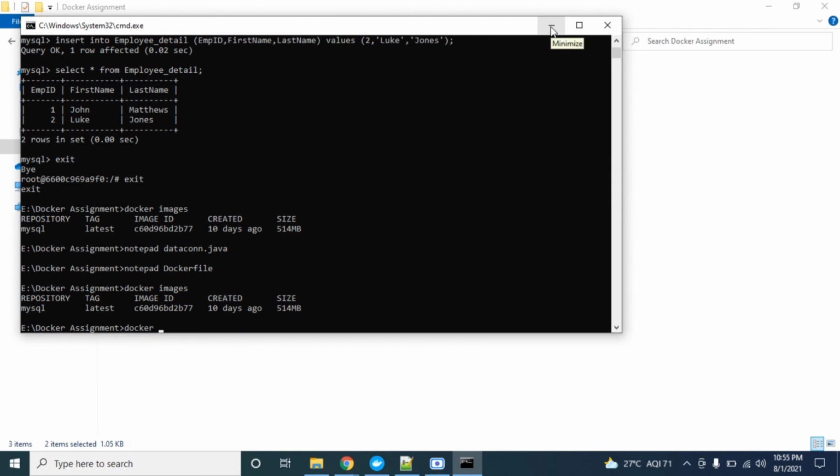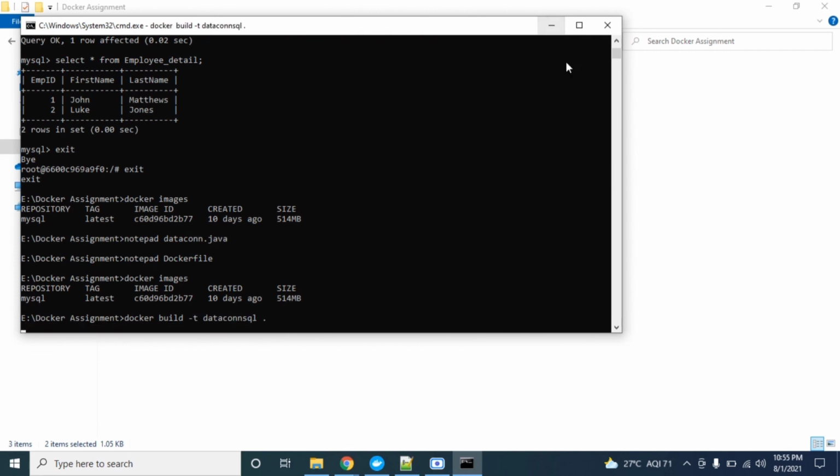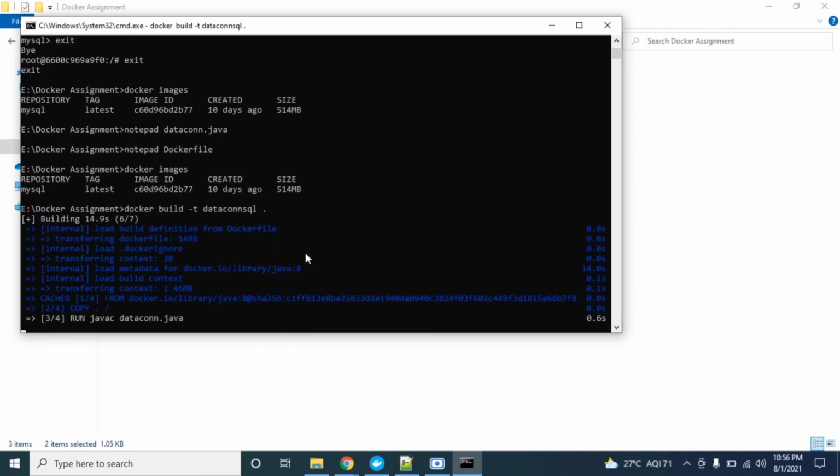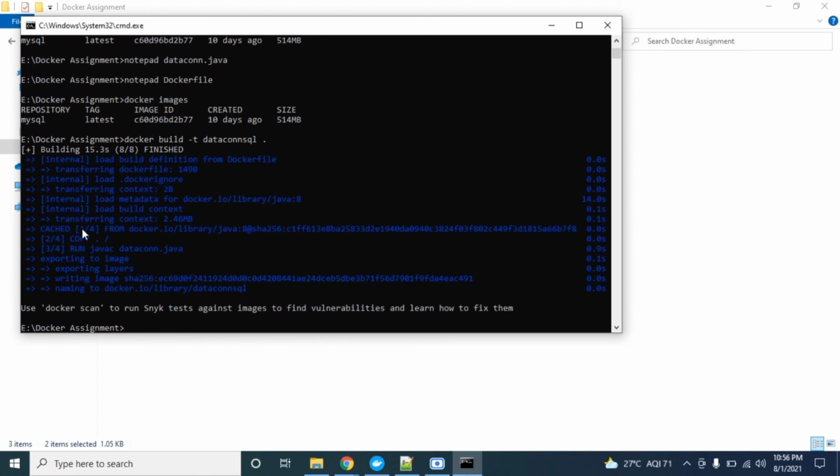So yeah, building the Java data connection SQL image. You can see this Java image is not present locally, so first it is downloading from Docker Hub, and then it will compile that Java file which you are providing.